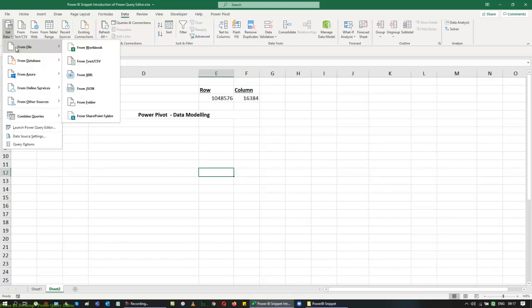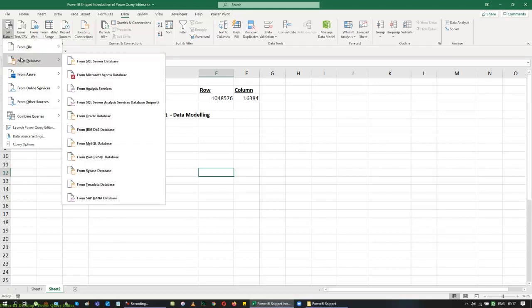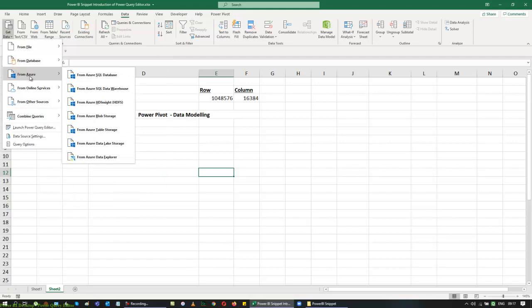and you can see that the following are the flat files that we have here: an Excel workbook, a text or CSV file, an XML file, a JSON file, and folders. And if you are looking for a database, again, you can see a lot of databases coming up here, from SAP to MySQL Server, and then SQL Server databases, Access databases. And if you have analytical services like SSRS, SSAS, and SSIS, bring all of them into Excel. And you can even bring an Azure table into our Excel.